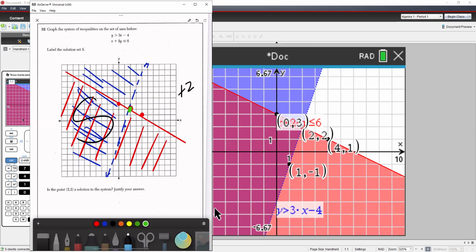Unfortunately, it is not, because even though it's on the solid red line, it's also on the dashed blue line. If it's on the dashed blue line, then that means we don't include it in the solution set. So the solution set goes from this red line all the way down over to this blue line, but we do not include these points on that dashed line because it's a dashed line. So that means you would say, no, it's not a solution